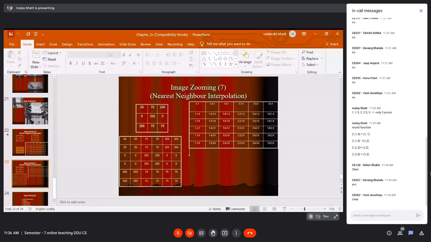It is not necessary that you will always get values similar to pixel replication, because it is based on the nearest neighbor. 1.4 is very close to 1, so that's why we are considering the value like that. I hope things are clear.